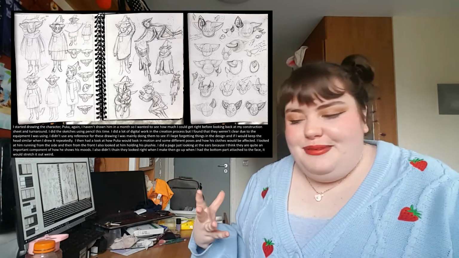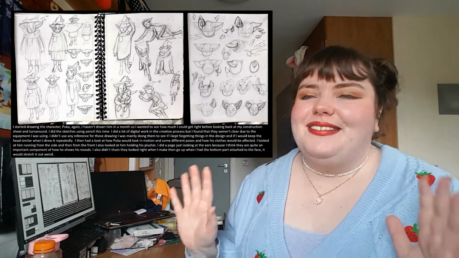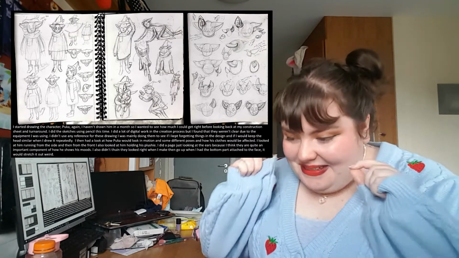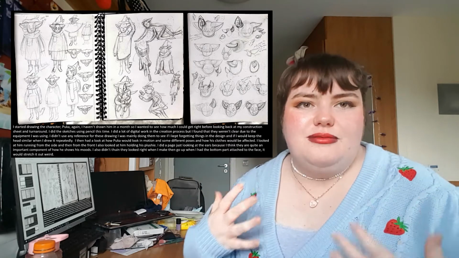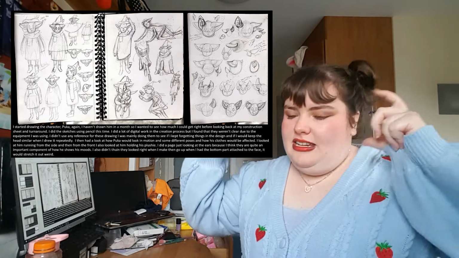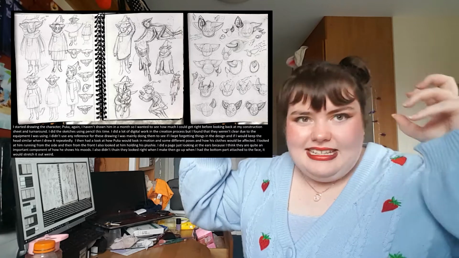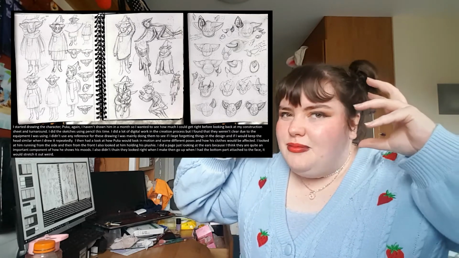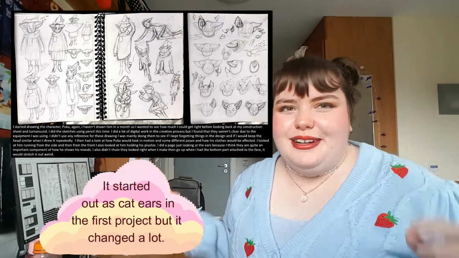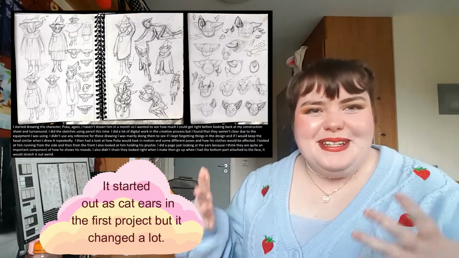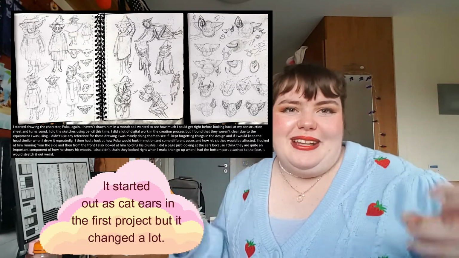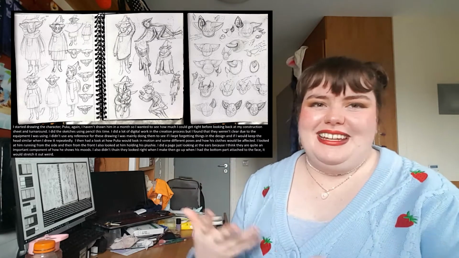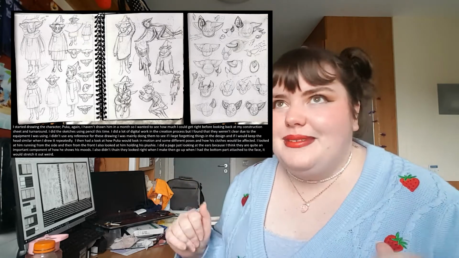So I drew him in a bunch of different positions. Again, I didn't use reference, I don't know why, I just started drawing him. And then I looked at ears. Again, I didn't use reference, because I didn't really know what to use reference for. A lot of the ears I could think of, like cat's ears, they're not really cat's ears. They sit more on the side of the head, so maybe a deer's ear, but they're not like a deer's ear at all. I don't really know what his ears are like, so I didn't use a reference at all, but maybe I should have mashed two together and actually tried, but that's on me.